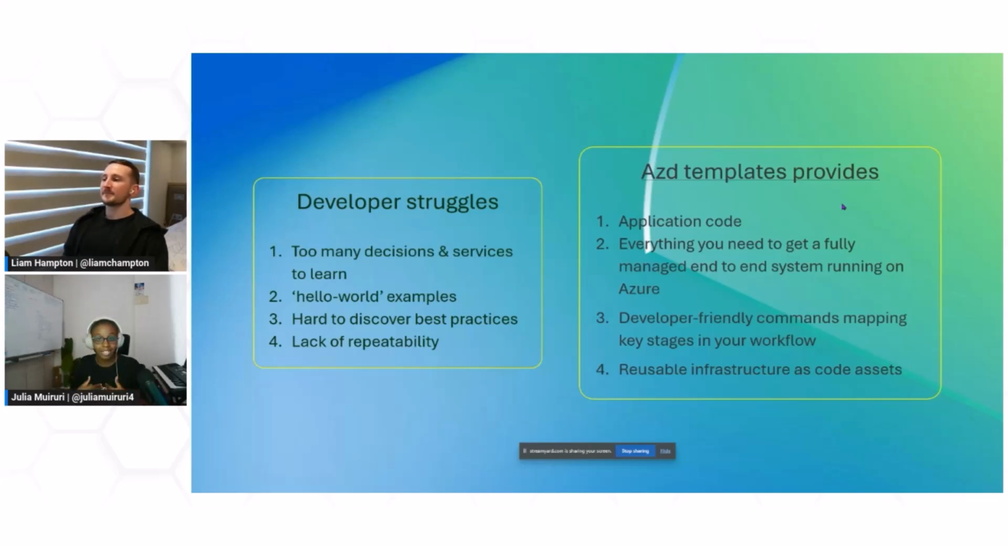Another one that I've personally had is that it's quite difficult to discover the best practices, especially when working with services that you're not very familiar with. So if you don't know so much about security, you may not really know how to best ensure that your code is the most secure that there is. And the last one,